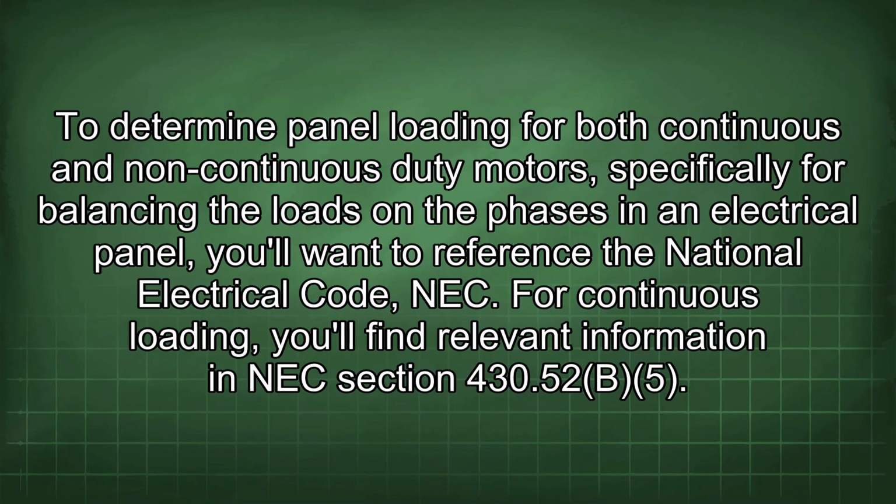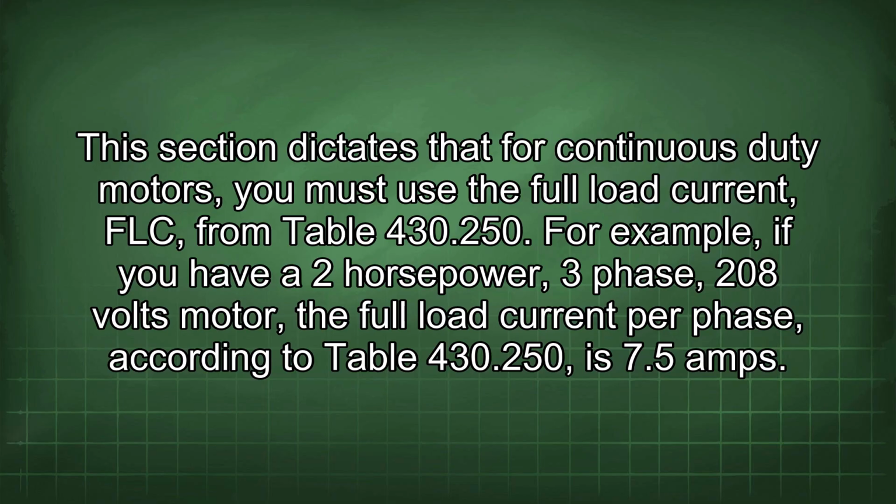To determine panel loading for both continuous and non-continuous duty motors, specifically for balancing the loads on the phases in an electrical panel, you'll want to reference the National Electrical Code, NEC. For continuous loading, you'll find relevant information in NEC section 430.52(b)(5). This section dictates that for continuous duty motors, you must use the full load current, FLC, from table